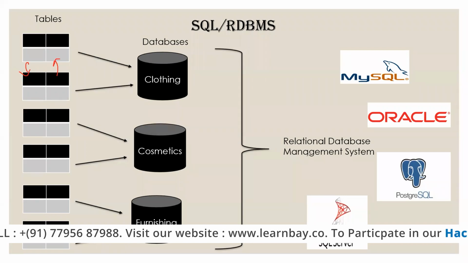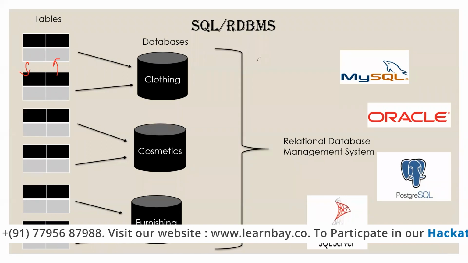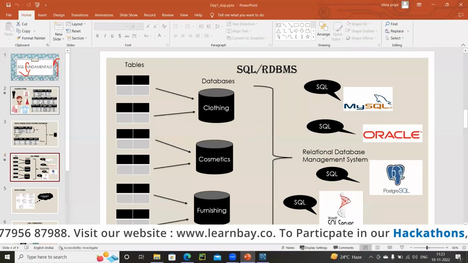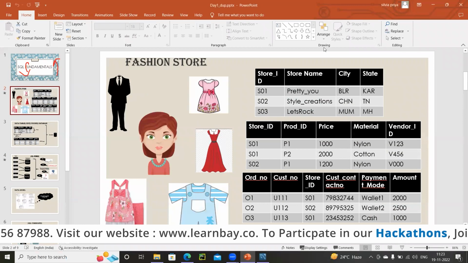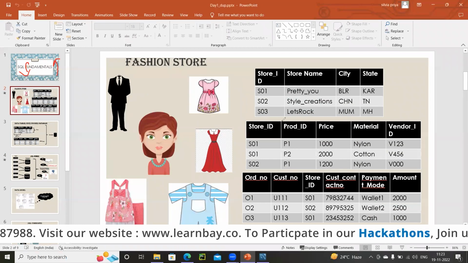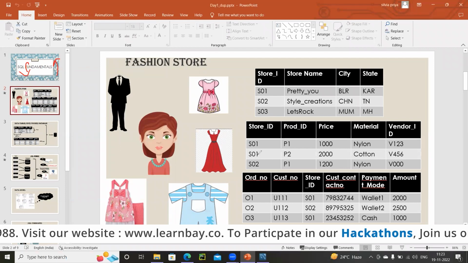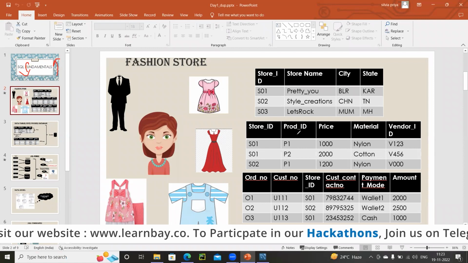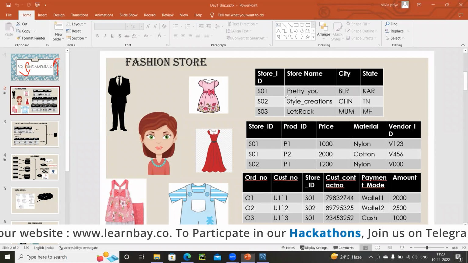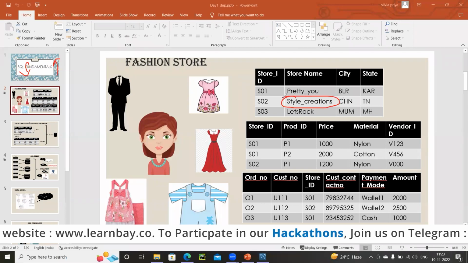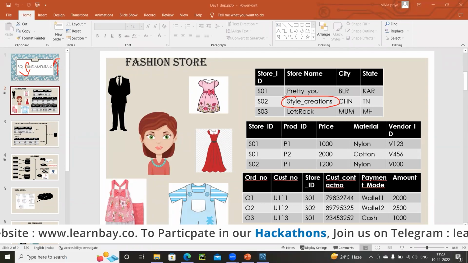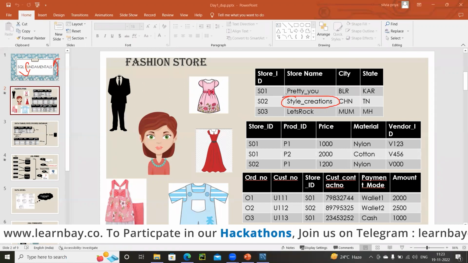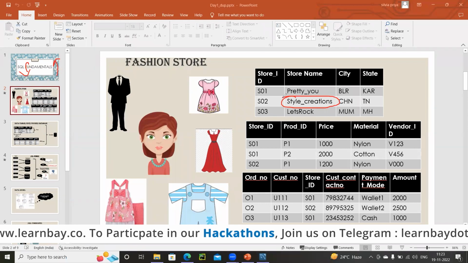Yes, great answers. So let's take this example itself, so you will have a better idea on that. If you see this table itself, I could find some columns common between the tables. Now, what is the point in keeping them common? Maybe if I want to find out where this Style Creations is, or how many products this Style Creations has, and from what all the vendors this Style Creations is sourcing, right?